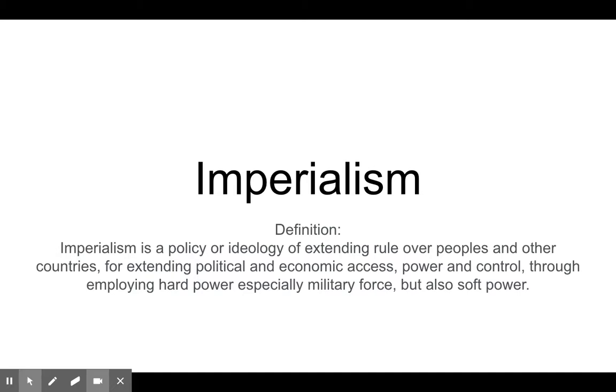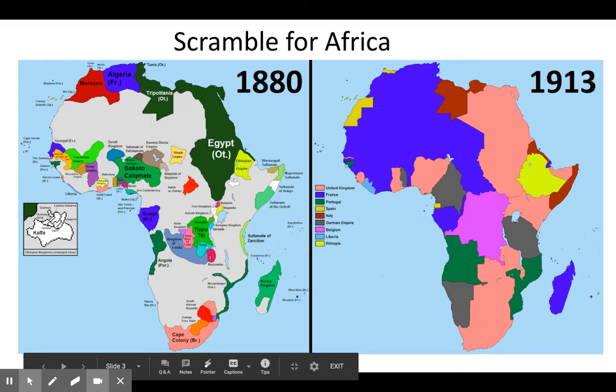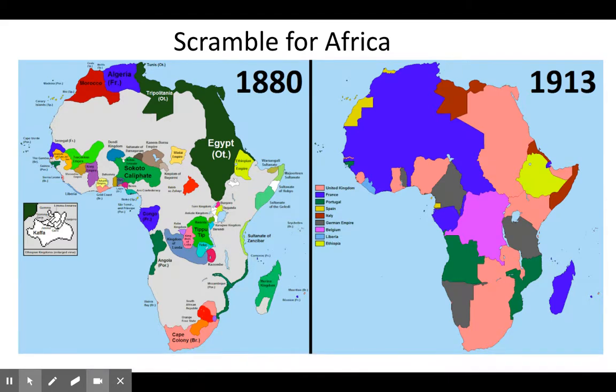Sometimes this is direct, they take over their territories very directly and they take over their governments. Sometimes it's just through economic control. There are different ways this can play out, but it's the idea of a stronger nation controlling a weaker nation. And in many of the examples that we're going to look at in this unit, we'll see direct territorial acquisition, where these nations will go in and actually take over the territory and the government. So what I'm showing you here on the map